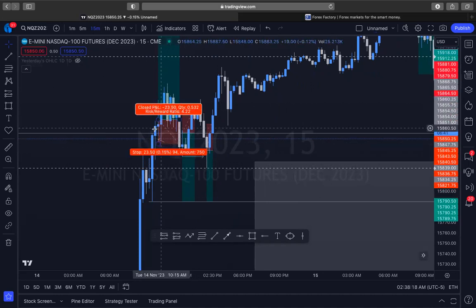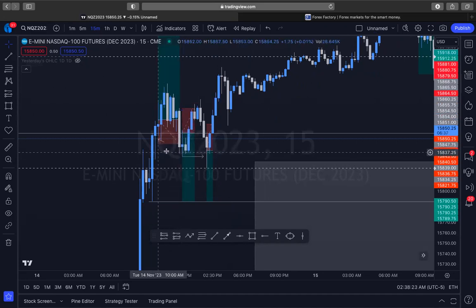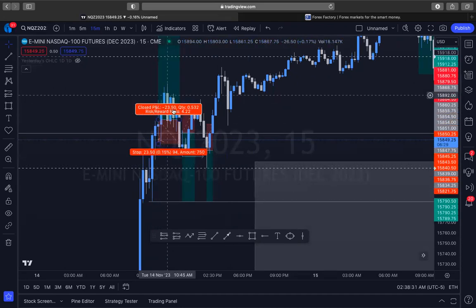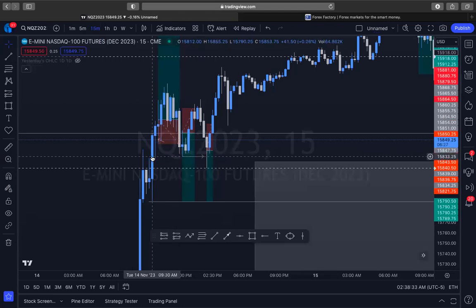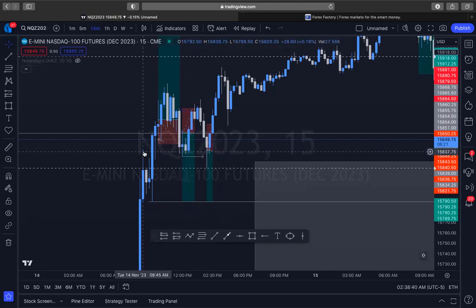So in this case, for Tuesday, I could have seen, hey, this is where we created, and this could have been used almost as a breaker, right? Because here we had a lower low from these guys. We broke above and then came back. And if you look at these candles, they don't close anywhere lower from here. So this could have been an entry right here on the 15-minute.